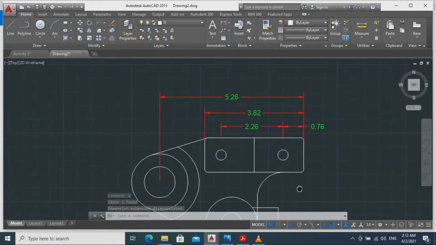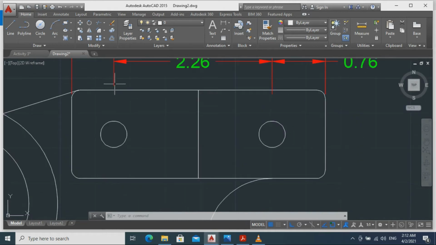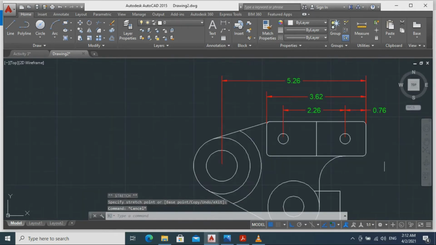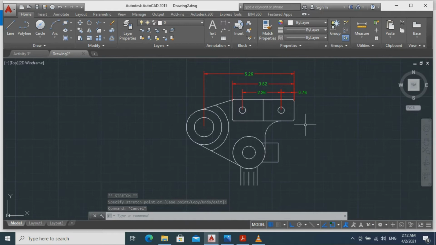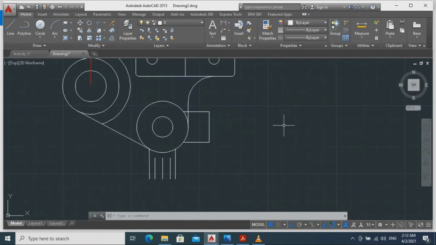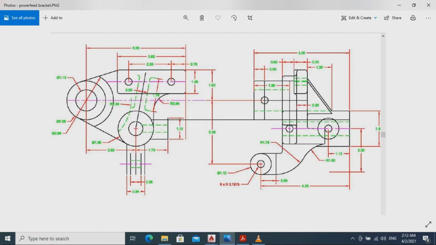Okay, there you have it. So first, let's extend this dimension line to the center of the circle. So we're now finished. Let's now put our dimensions and the other lines, the purple lines and the green lines here. So to do that in CAD,